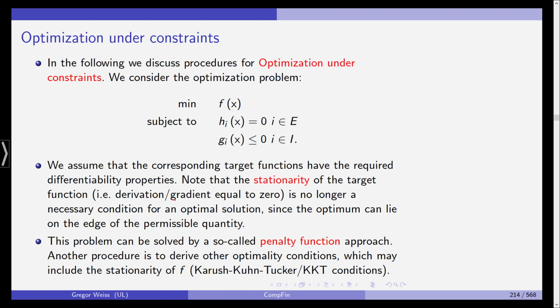The first one, h1, h2, h3, hi in general, is constraints in the form of equations. Gi, g1, g2, g3, etc. Those are constraints in the form of inequations. We assume that the corresponding target functions have the required differentiability properties, and the stationarity of the target function, that is, that the derivative or the gradient is equal to 0,